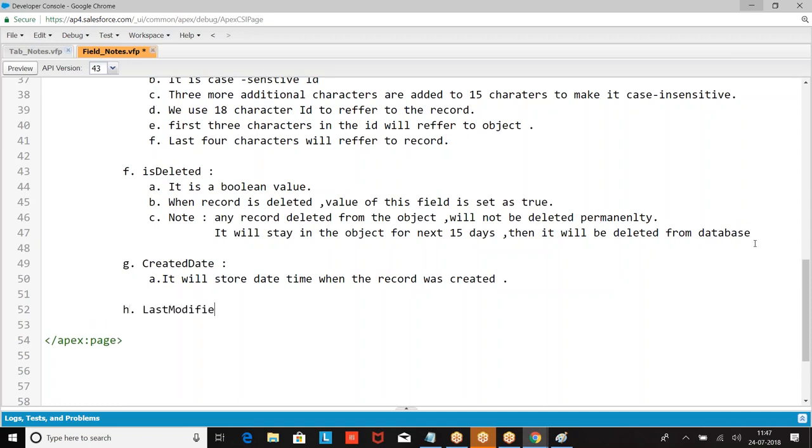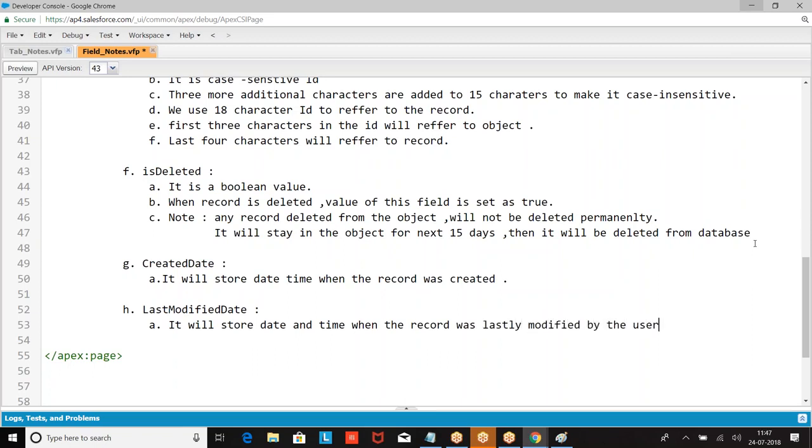Last modified date. It will store the date and time when the record was lastly modified by the user manually.